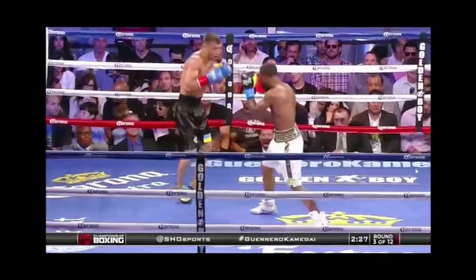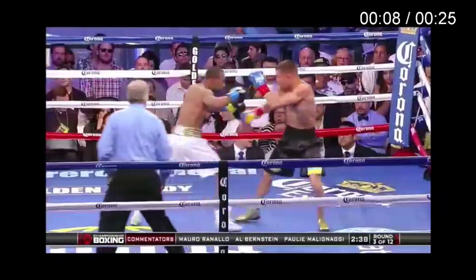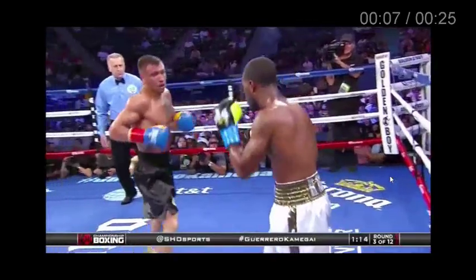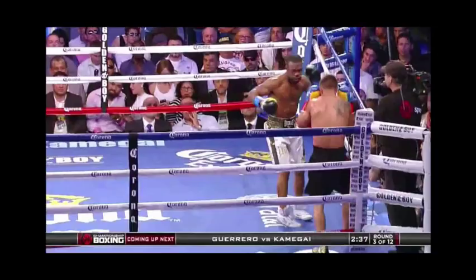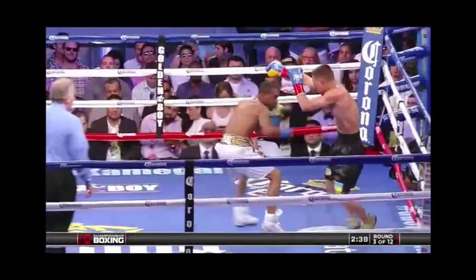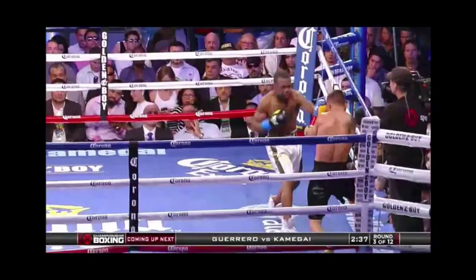And then again, this is another style of it. Lomachenko likes to lead, and by following up on these punches, I think this clip, okay. So, yeah, pressing forward with the lead hand and getting him to turn away from the hook and throwing the right hand or the left hand behind it. It's not clear whether he lands this left hook or not, but because Lomachenko is not expecting it, he has a much higher percentage of landing that shot, because it's in combination. And especially if he hasn't thrown these combinations before, or if Lomachenko's not expecting them, he's going to be less